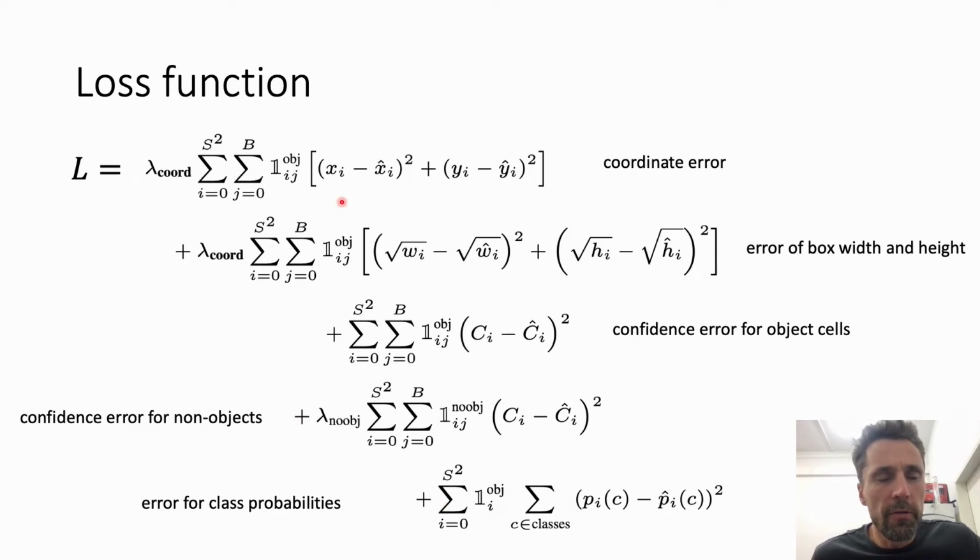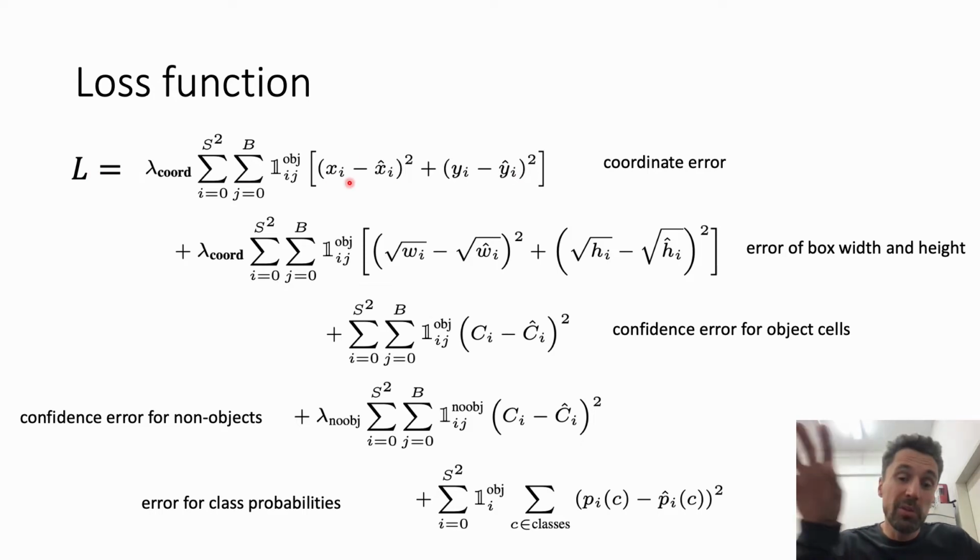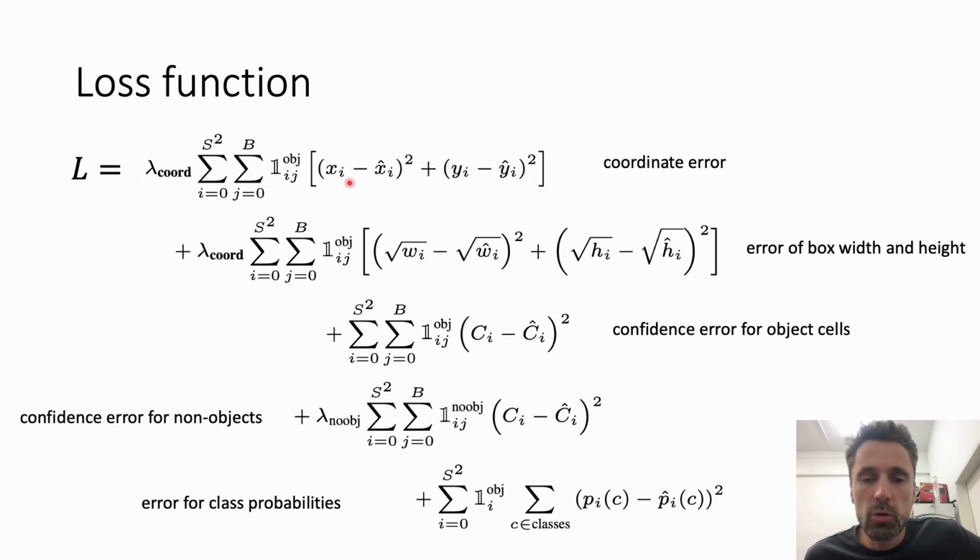So the first part covers the X and Y coordinates, so we want to minimize that loss. So obviously the position of that box should be as close as possible to the given labels. We have this indicator variable that is 1 only if I, which iterates over all of these S by S cells, if that specific cell is actually responsible for the object, and J